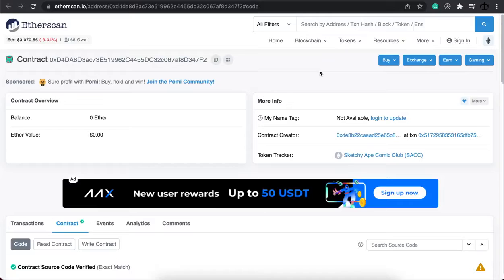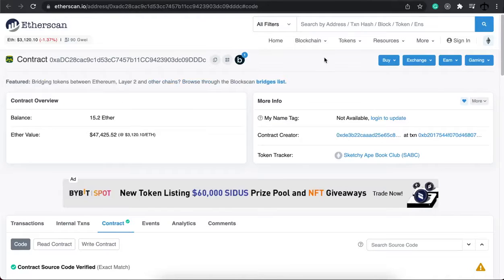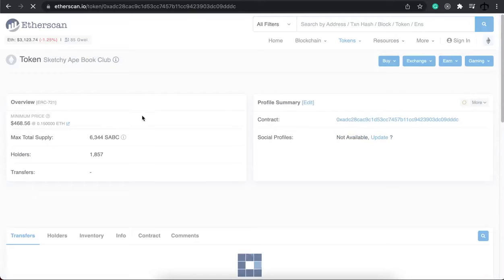Let's look at the same concept but on Etherscan. So right in front of us we can see this is the Sketchy Ape Comic Club NFT collection, aka the free NFT collection. And then we also get the SABC contract, the Book Club NFT. Now this collection is already being collected and has already had a few mints taking place, and we have holders in here. We can verify that by clicking on the token tracker over there